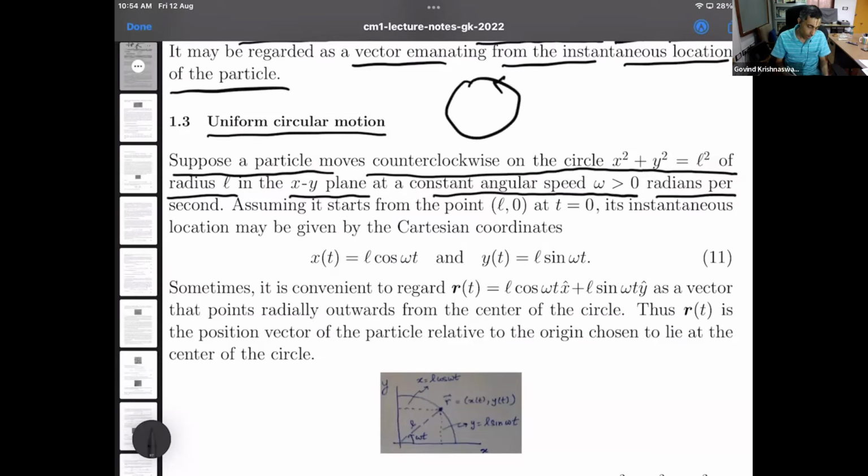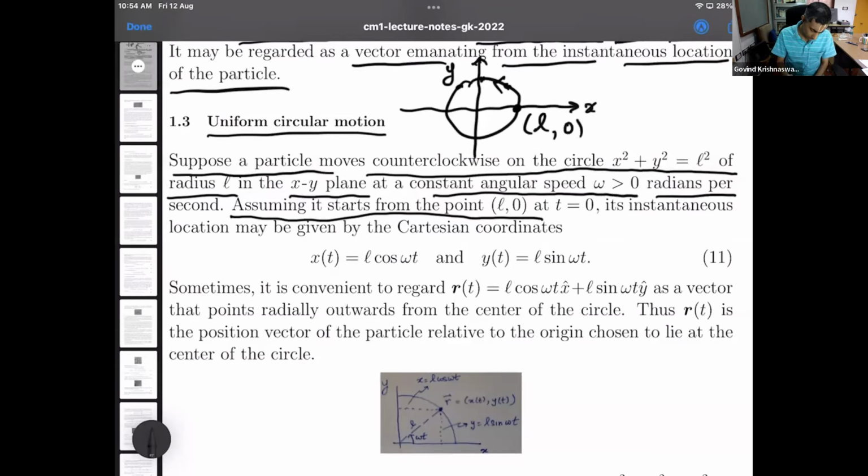So going counterclockwise, here, there, and so on. Assuming it starts from the point L comma 0, by that I mean this point, I will have in mind an x-axis and y-axis passing through the origin at the center of the circle. And so this point has x coordinate L and y coordinate 0. So assuming it starts from there,